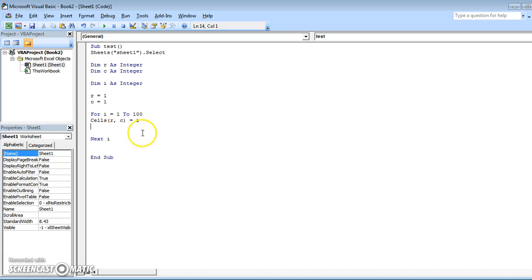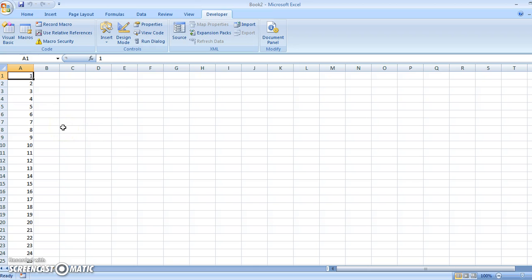So whatever is the value of I, it will paste in A1, so it will put 1, I is 1. The moment it is 2, I want it to put 2, so row should keep changing. R is equal to R plus 1. In this case it's not equal to, it's actually incrementing. So every time the value of R will keep increasing along with I. Now if I run this, I'll get 1 to 100, but